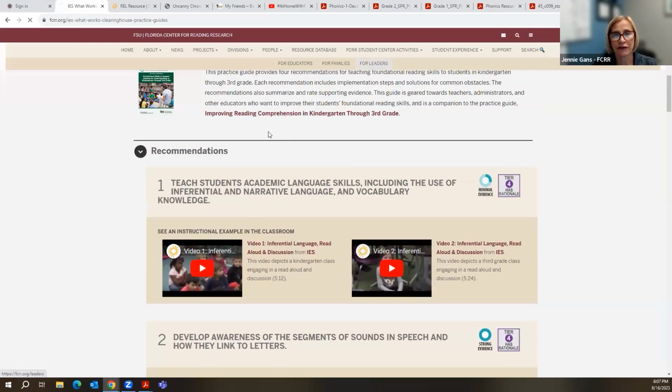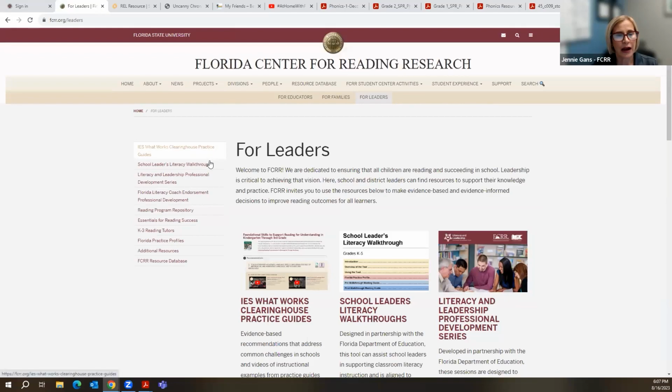So there's information there. The literacy walkthrough tool is also here. The reading repository, evidence for reading, essentials for reading success is here. The tutoring piece, additional resources, and FCRR database are all the same as we've already shown you.